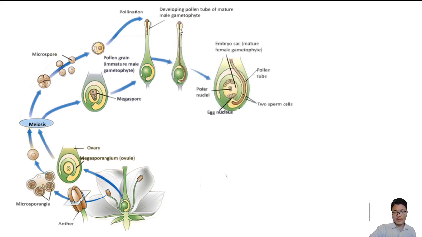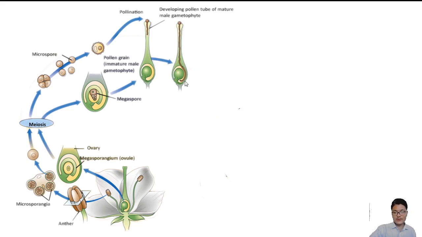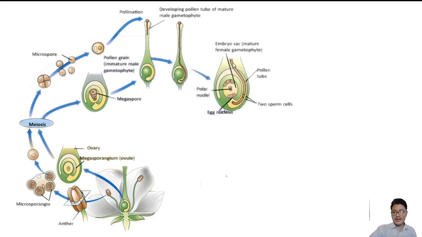So the pollen tube grows, and later there is movement of the two sperm cells, or two male gametes, through the pollen tube into the embryo sac. The embryo sac has the egg in the egg apparatus along with two synergid cells, and opposite to it we have antipodal cells, and at the center we have polar nuclei.